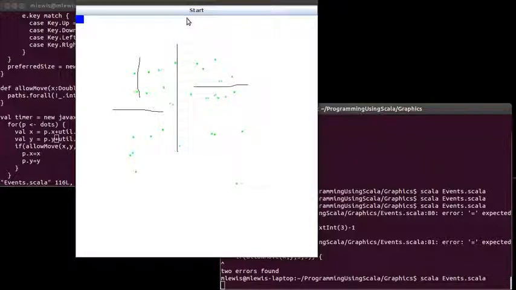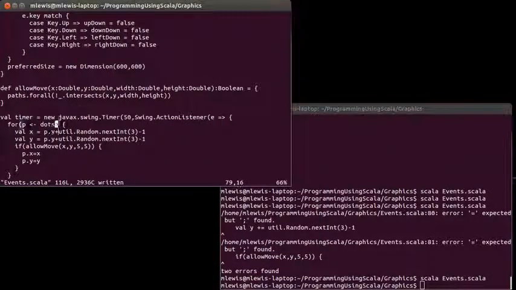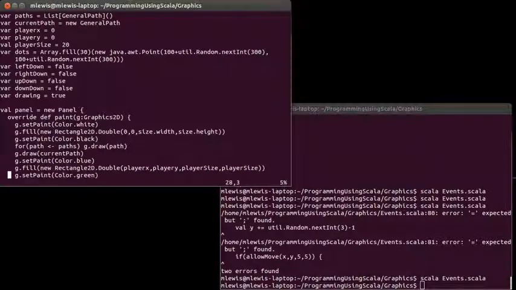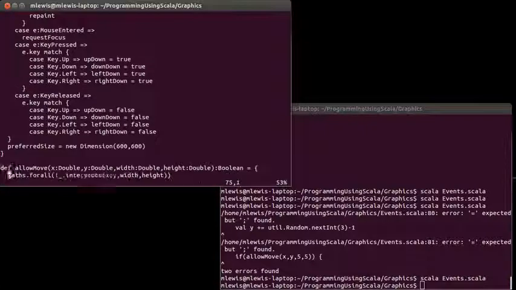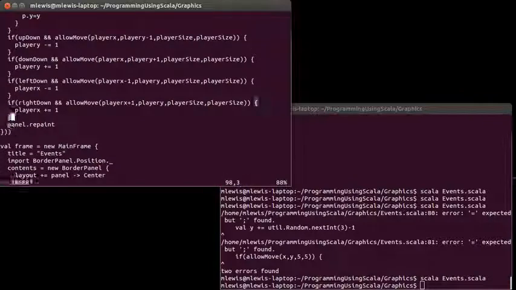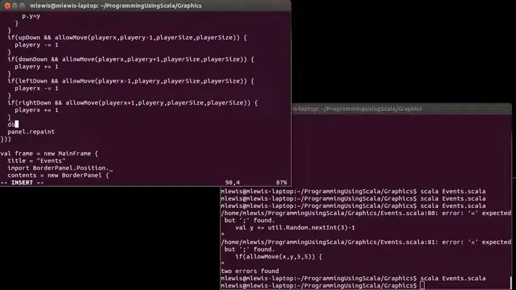The last thing to do would be potentially to have it so that when the player intersects with a dot, maybe they get rid of it. And to do that, I am actually going to change that to a var. We've moved all the dots. We move the player, and now then dots equals dots.filter for anything such that